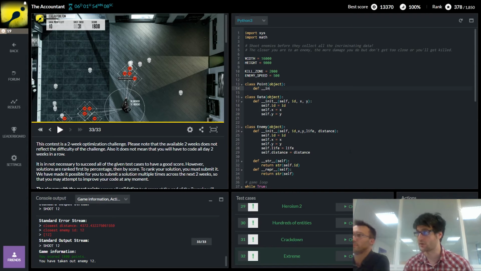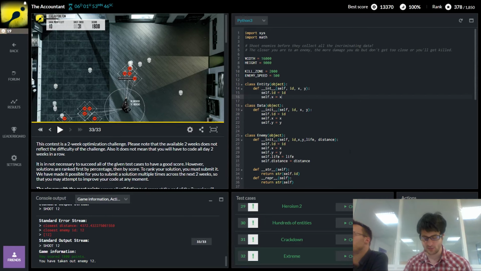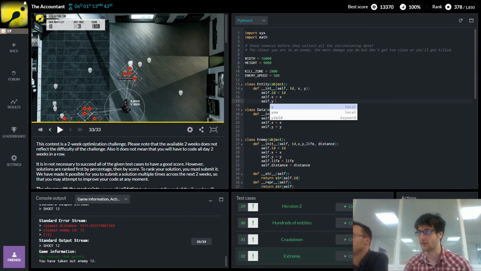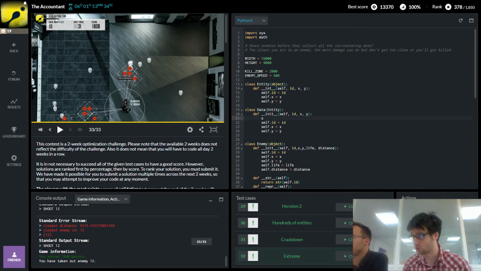So this class has what? A constructor with x and y? Yes. Unless you want to call it entity, and then you can also add the ID. Okay, entity. So it has an ID, an x and a y. Self.id equals ID, self.x equals x, and self.y equals y. Data inherits from entity. It's the same constructor, except